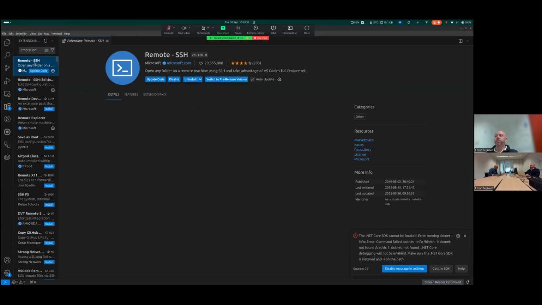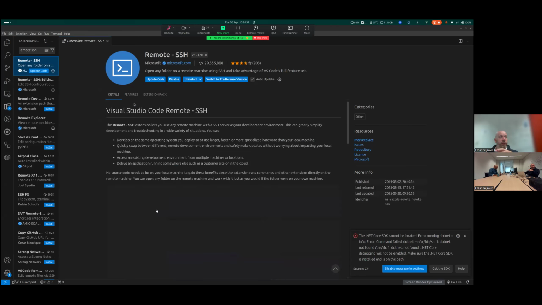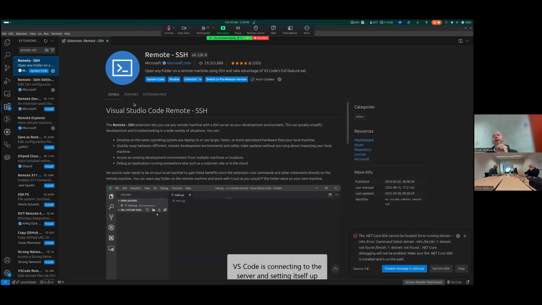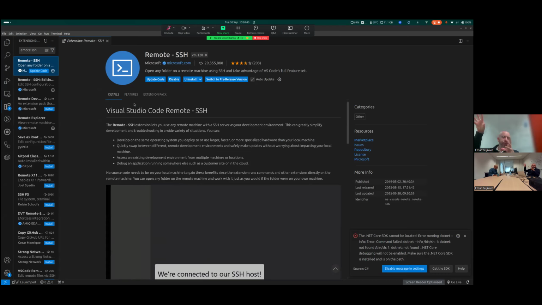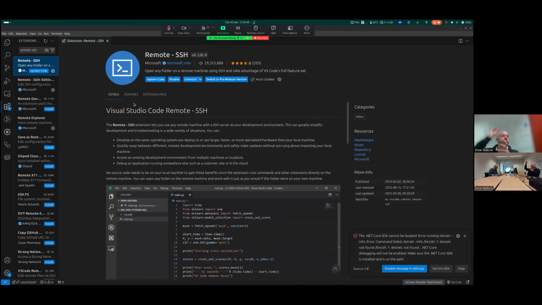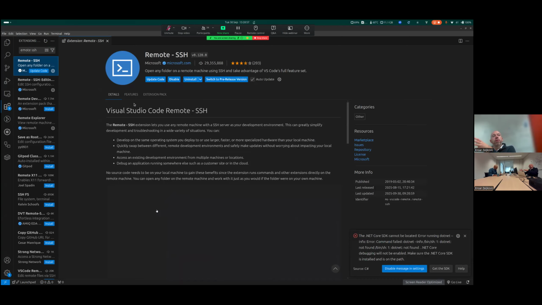Remote SSH comes directly from Microsoft, and it's quite an interesting one. It basically allows me to use my local instance of VS Code and connect to a remote machine using the SSH protocol. It will install a small server, let's say side code, on that remote machine, and then allow me to connect my IDE as if I was on that machine.